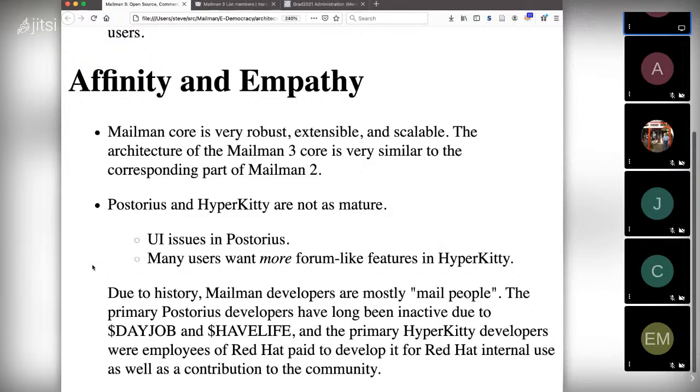I think one of the things that was a really big deal was that Abhilash integrated Elasticsearch, which turns out not to be very good, and Xapian, which turns out to be very good.